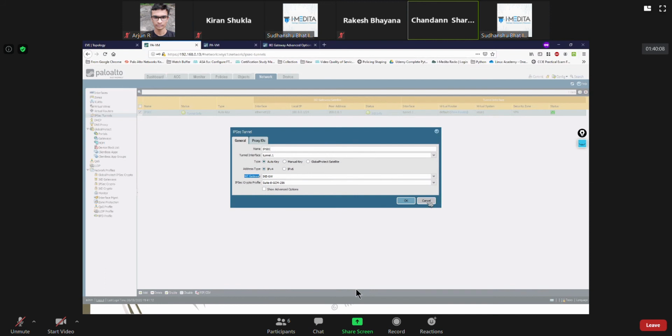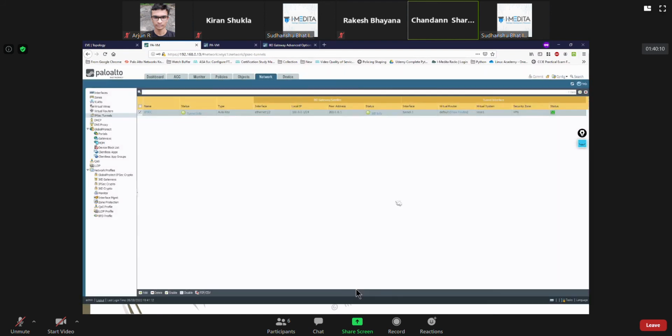Another tunnel we have created, and the same thing, we have selected tunnel.1. So on both sides it will create, right? And the tunnel came up. But when we send the data, suppose we are trying to send the data to another one.